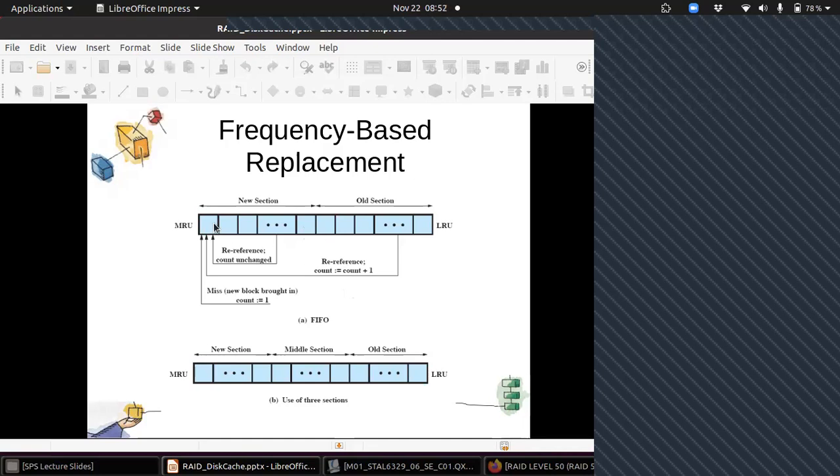Okay, let me ask you one thing. In this case, frequency based replacement, which block will be replaced whenever a new block needs to be brought in? Can you tell me? In this frequency based replacement, which block will be replaced?